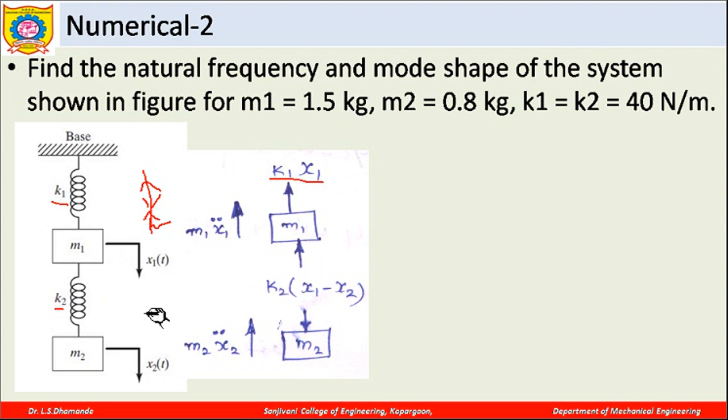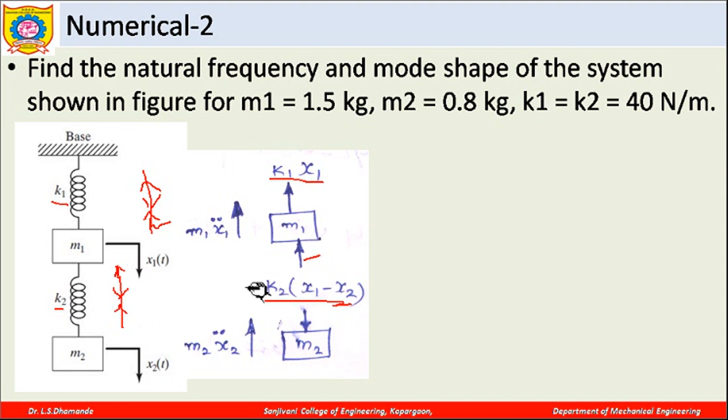Similarly, here this particular spring will be compressed. The compression of this spring will be this way, and therefore the component of the force acting over m1 will be in the upward direction. So this upward force will be considered over here, and its magnitude is k2 into (x1 minus x2). We are considering that x1 is more than x2 and therefore it is getting compressed. If x1 is less, in that case it may happen that this will be under tension, but it is under compression because here x1 is more. So k2 into (x1 minus x2) will be the upward force acting over this mass.